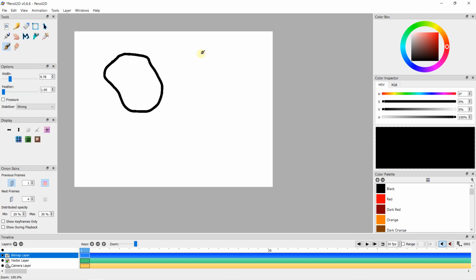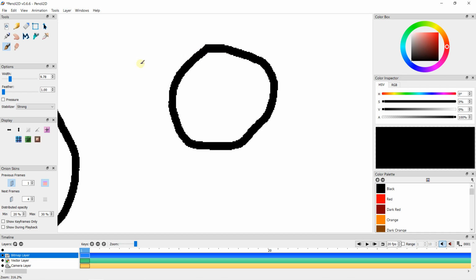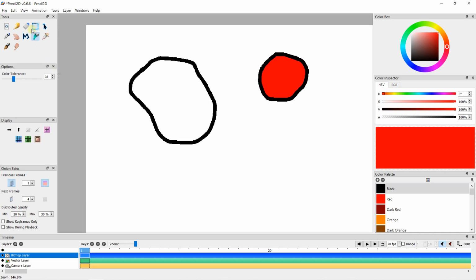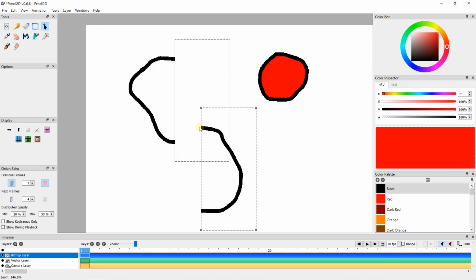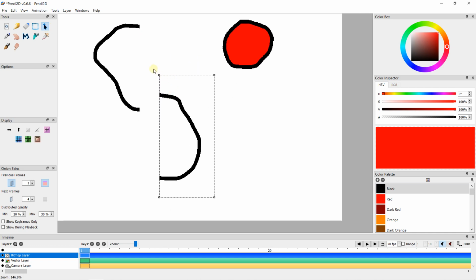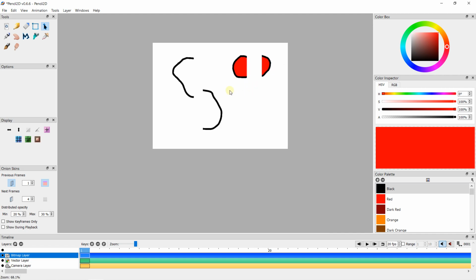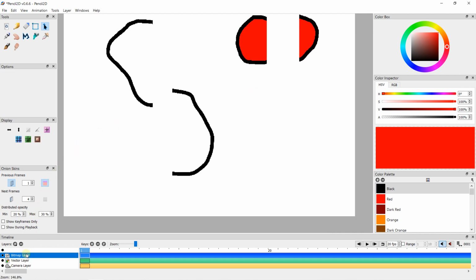Let's create another shape on this area, and I'm going to fill with a color. Let's activate red and fill inside. If I use my selection tool, create a frame just like this, and then I can move this area. I can create like a cut on this area like this. If I use also this tool, selection tool, create a frame like that, and use my move tool, take a glance, I can also create a cut. So these are the things that you can do in bitmap layer.